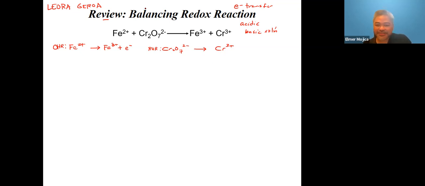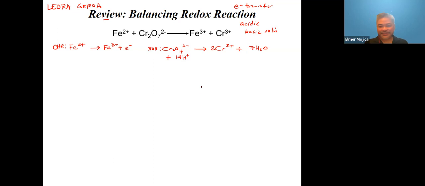If you still remember. Okay, so you have 2 chromium here, 1 chromium here, so dadagdagan natin yan. And then you have 7 oxygen here. So when we have oxygen, ano yung pang-balance natin? If you still recall, we're going to add water. And when we introduce water, nag-i-introduce din tayo ng hydrogen. And to balance that additional hydrogen, we also add